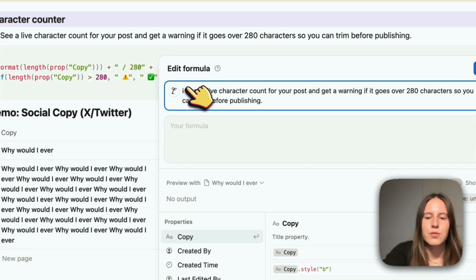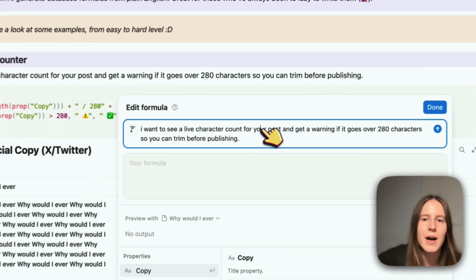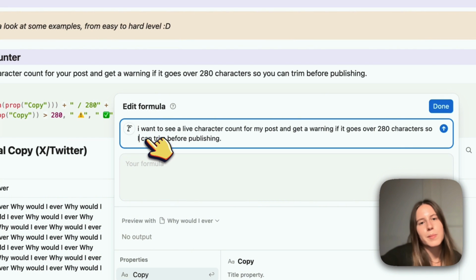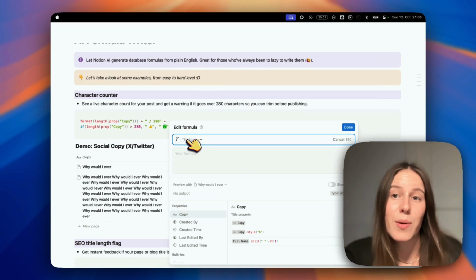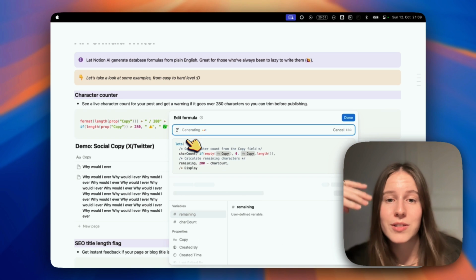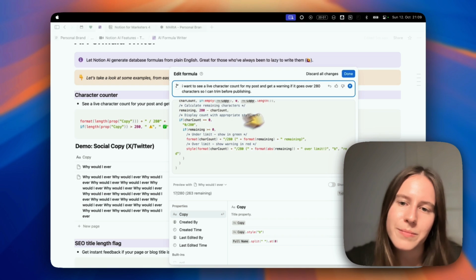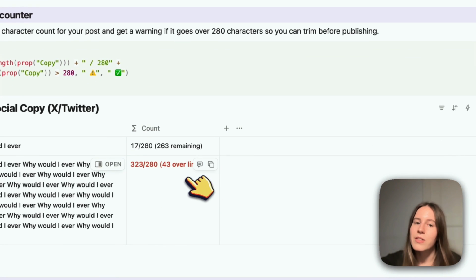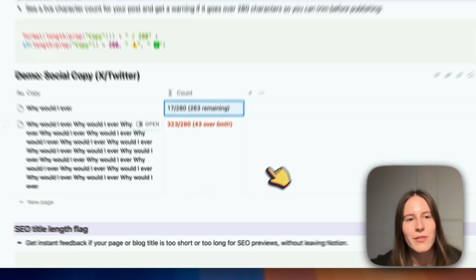I want to see a live character count for my post and get a warning if it goes over 280 characters so I can trim before publishing. So I just described what I want, right? You just describe what you want in your own words, and now it's going to create a formula. So let's say it looks like this now. Oh, it even added red. It basically marks it red whenever